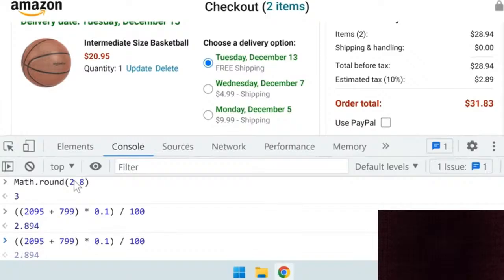So one thing we might try to do is to round this entire calculation. However, this will round 2.894 to 3 because it rounds to the nearest integer. Instead, what we want to round is this number here. So remember that this number is the result in cents, which is 289.4 cents. If we round this number, it will round down to 289 cents, which is exactly